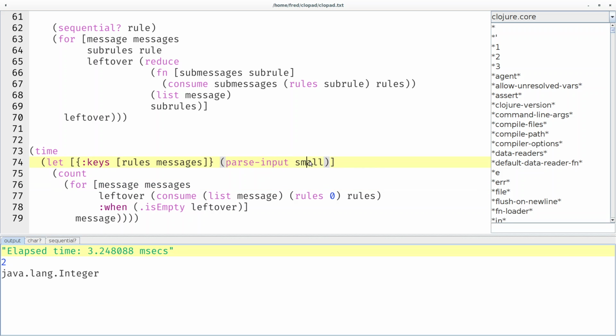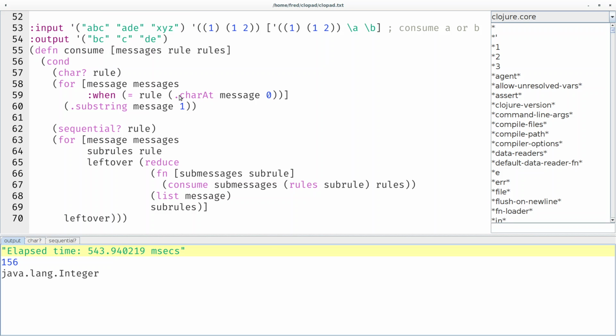Okay, so instead of the small input, let's now use the large input. Then we get 156, that's correct, and it takes roughly 550 milliseconds. Again, micro benchmarking, don't trust me too much here. Okay, so how could we speed this up from 500 to 600 milliseconds? Well,